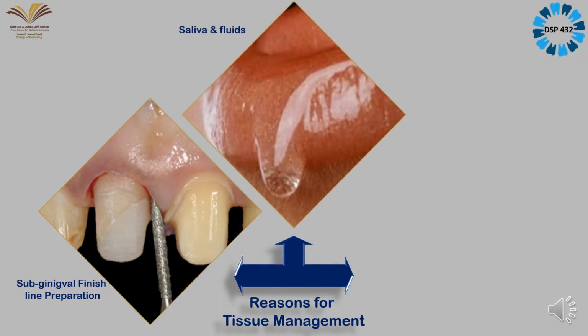Second, we do this gingival tissue retraction because there is a lot of saliva coming out, or sometimes there is blood or gingival crevicular fluid oozing out. When you take your final impression, you need complete isolation. To achieve that isolation with the help of gingival tissue retraction, you are trying to isolate the area so that you will get a 100% accurate impression. This is the second reason.